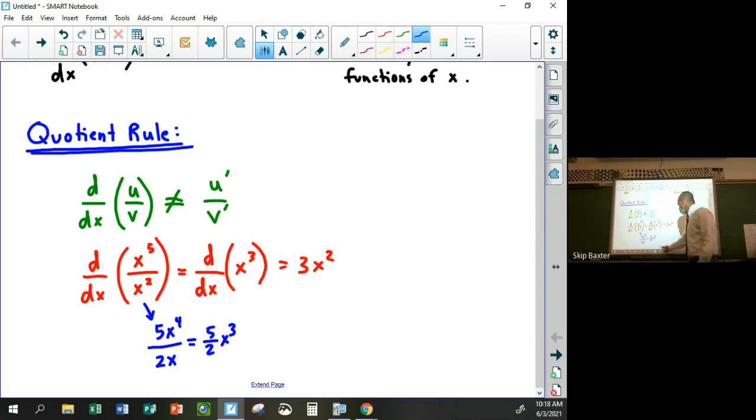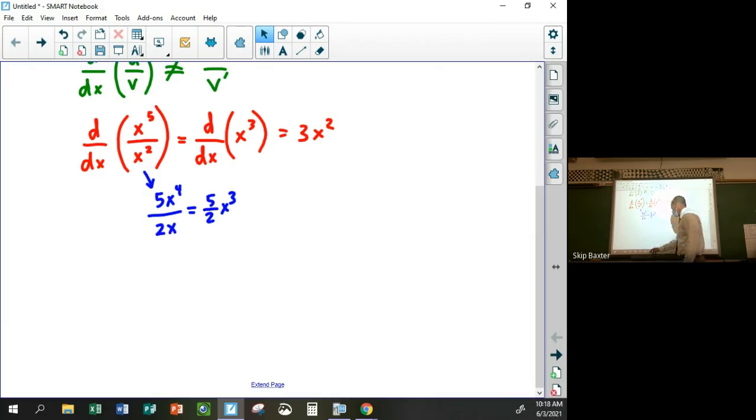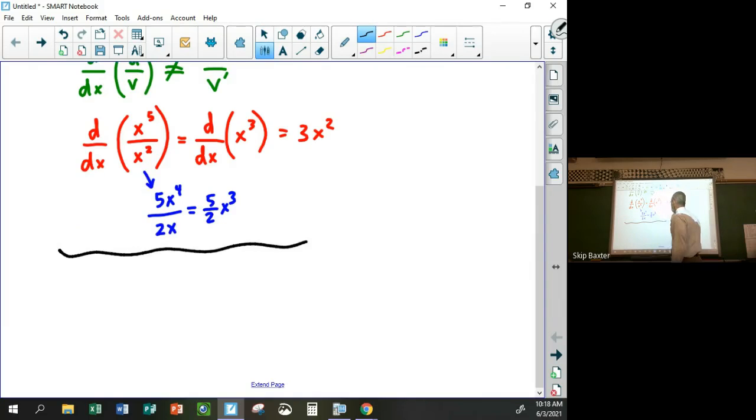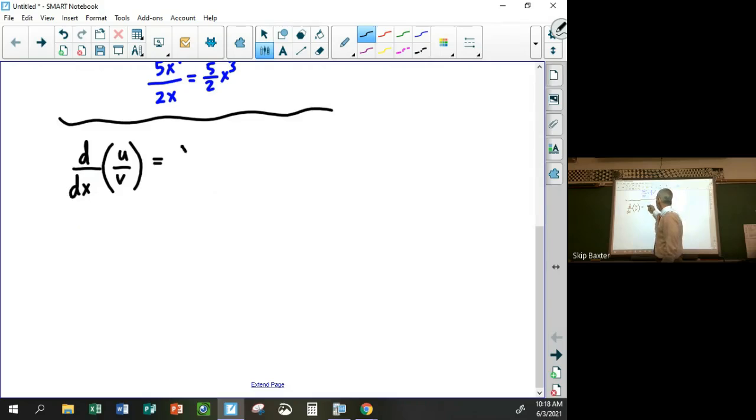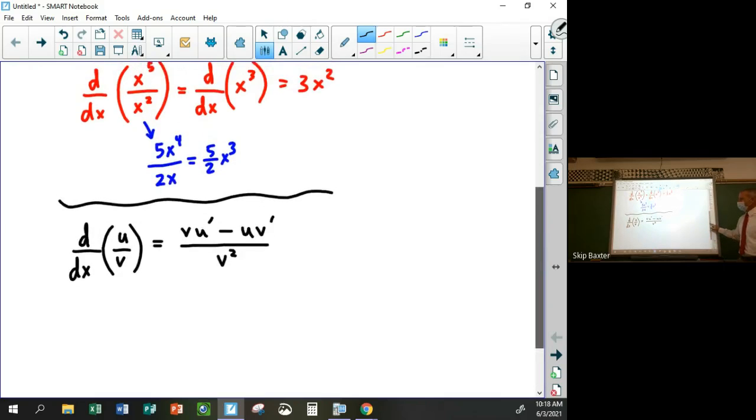So the quotient rule, what the quotient rule actually says is the derivative of u over v, and again, u and v are any functions of x, is equal to v u prime minus u v prime over v squared. Okay, so the bottom times the derivative of the top minus the top times the derivative of the bottom over